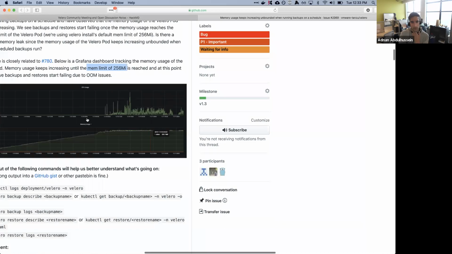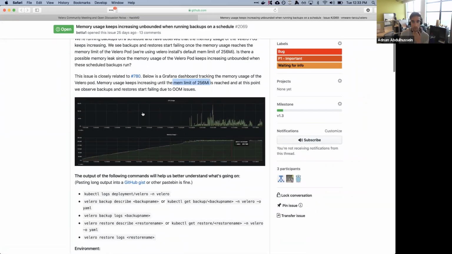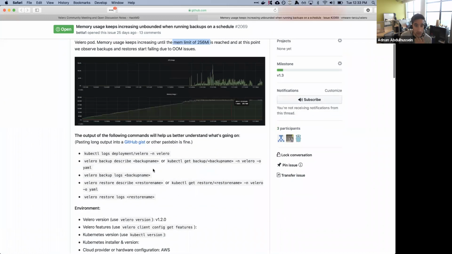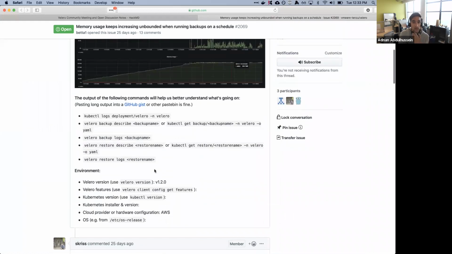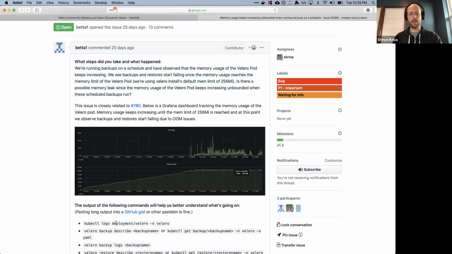Yeah, so you're right. I think it's not restarting. I think it's just not using any more memory, which means, although it does say it is failing due to out of memory issues eventually. That kind of stuck out for me, but I'm not sure what might be going on. I still need to do some more digging. I can't totally piece everything together yet.